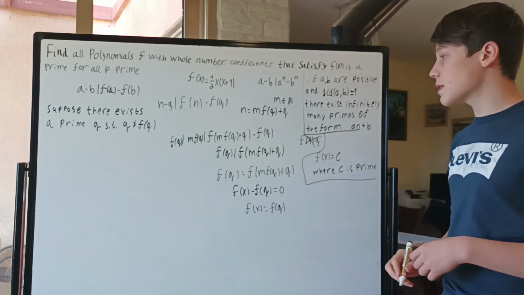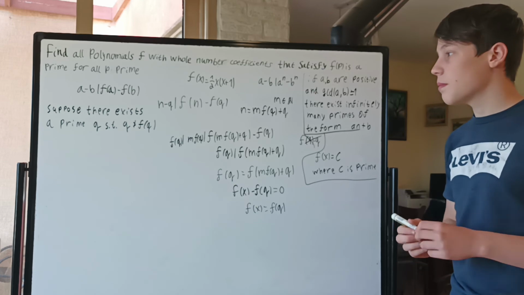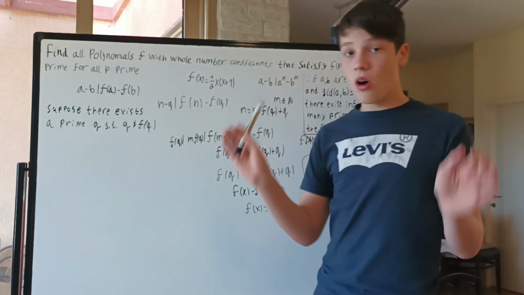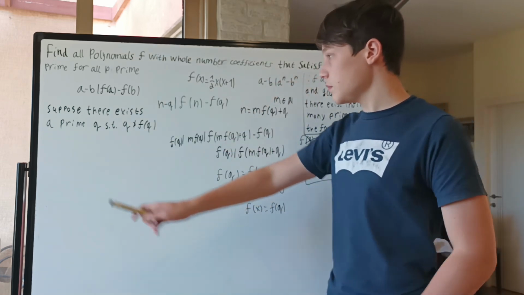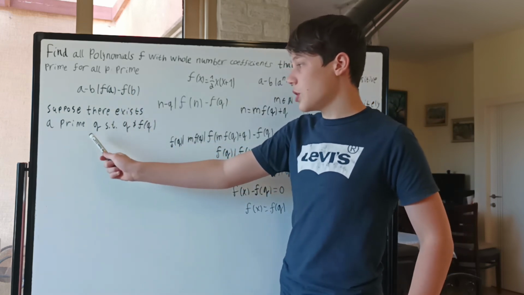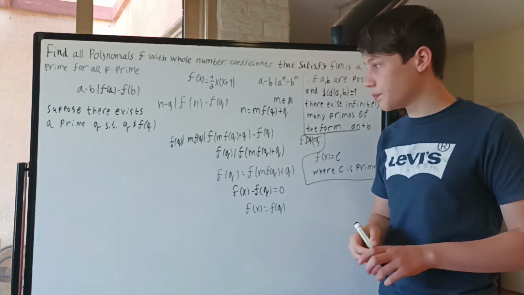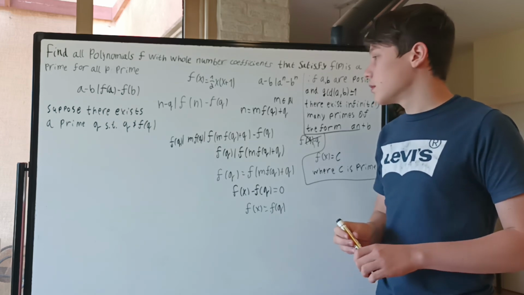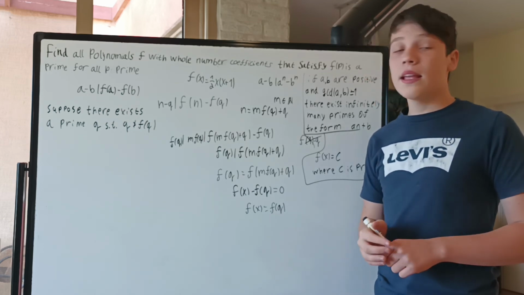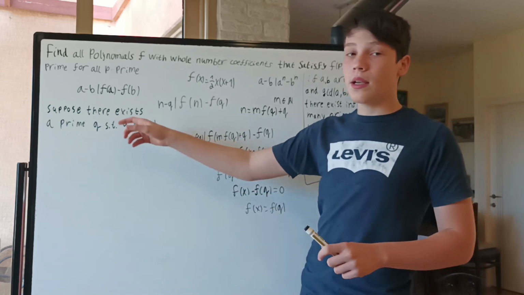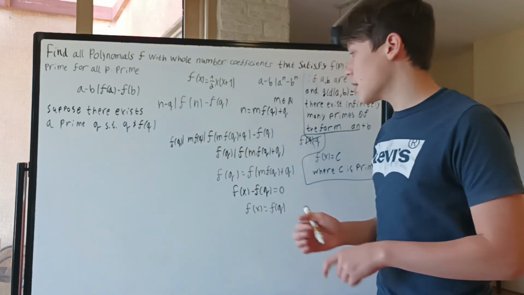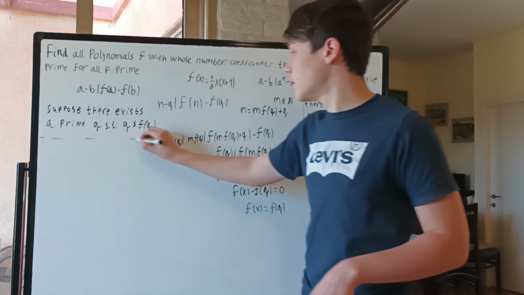So this is one set of solutions. But remember, this is all under the assumption that there exists a prime q such that q is not equal to f of q. So this was actually one case. If we look at the other case,